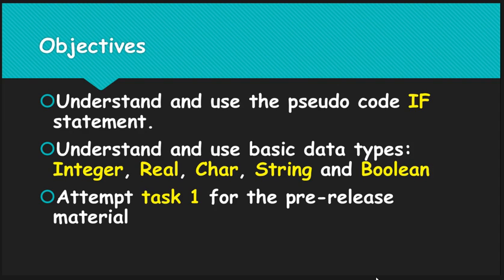We're going to look at data types and how they're declared in pseudocode. We're also going to attempt task 1 for the pre-release material. Now with task 1 I'm going to create a second video. So as soon as I get onto the attempt for task 1, I'm going to stop this video and create a second video, and it will have 2 versions to answer task 1. So it'll be version 1, which I did in lesson, and then I'll run a second version, and then we can see which one we may want to use. So you may want to use the second version rather than the one that I showed you in lesson.